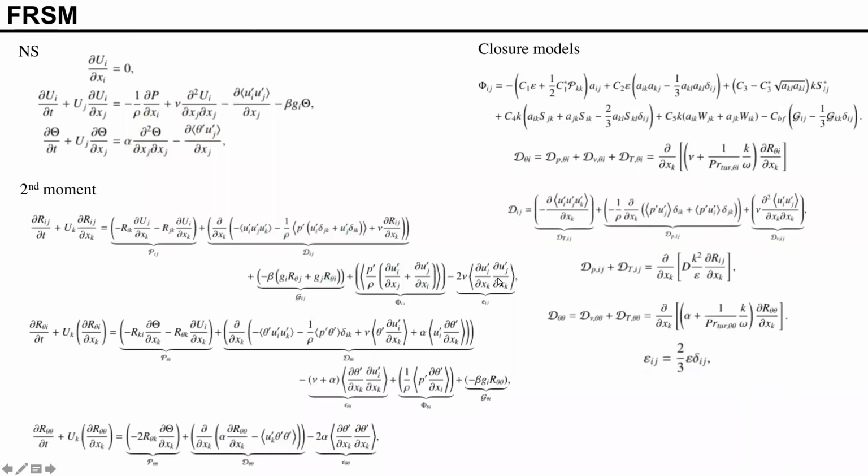Now let's go to the specifics. The model we're going to look at is the full Reynolds stress model. So this is the Reynolds averaged Navier-Stokes equation. For FRSM, we will write transport equations for the second order moments, including the Reynolds stress, the theta, which is temperature density, the temperature velocity correlation, and the temperature variance. Many of those terms in this transport equation must be closed, and this is the closure model we use. And this closure model is actually fairly popular.